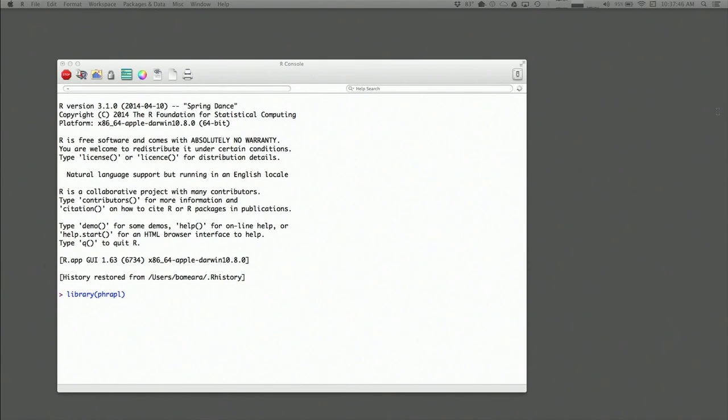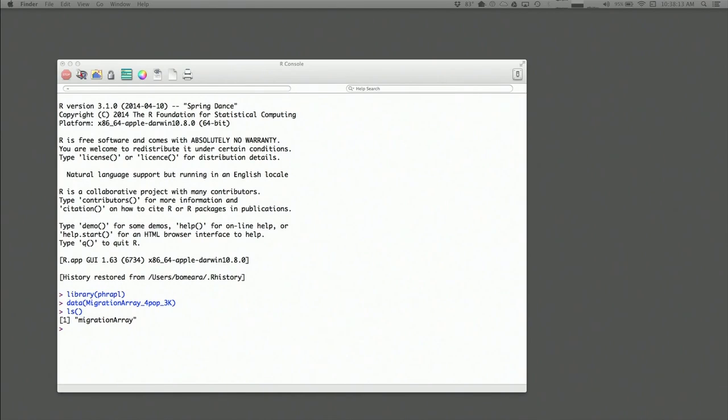So first, load phrapl, and then we're going to load data. Besides that test data, there are two other data sets in phrapl you can use. They just have migration arrays right now, not migration array maps. Eventually we'll fill that out with ones that have 5 pops and things like that. So here we have one that has 4 pops with no more than 3 free parameters. Okay. And if we wanted to, we can verify that by listing everything in the